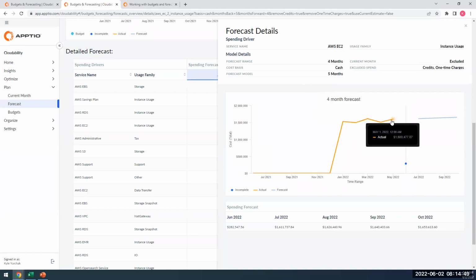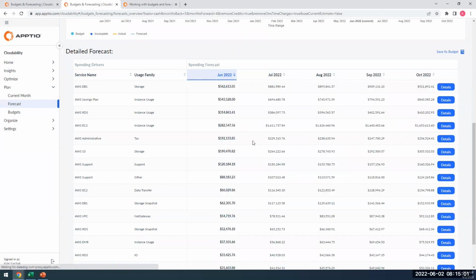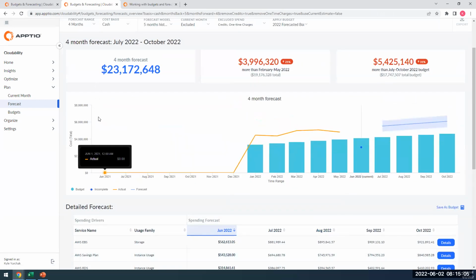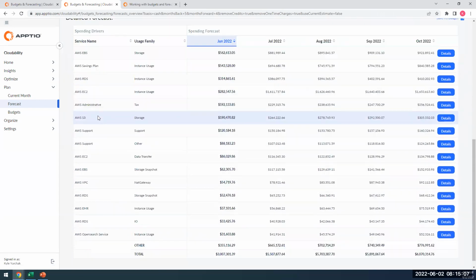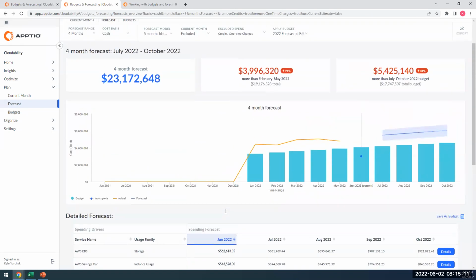You can see the forecast model is 5 months. So I have 5 months worth of data, excluding current month, and then it's continuing out for 4 months. So from here, if I think these numbers look pretty good, and I believe I've done some validation on here,